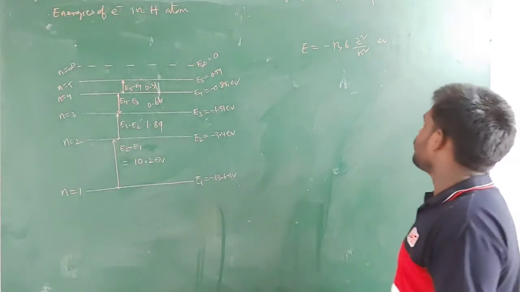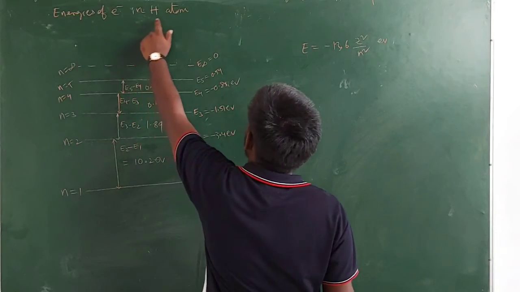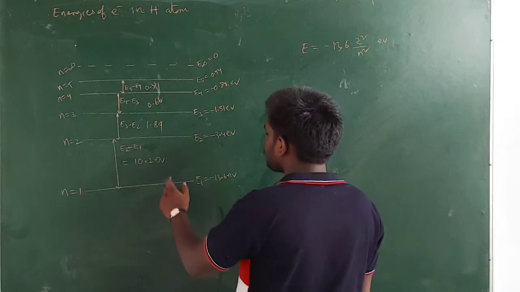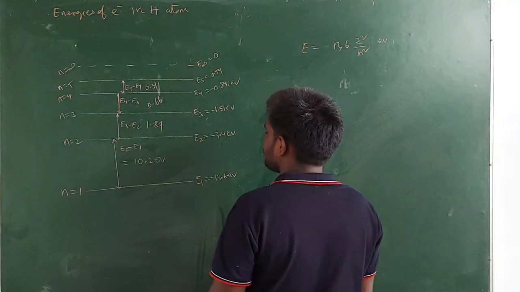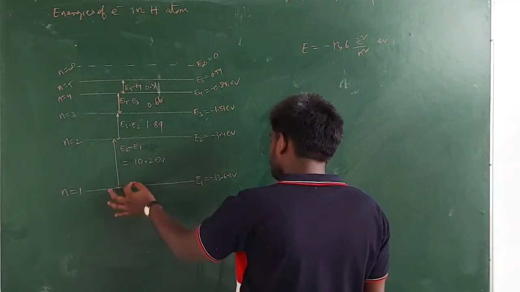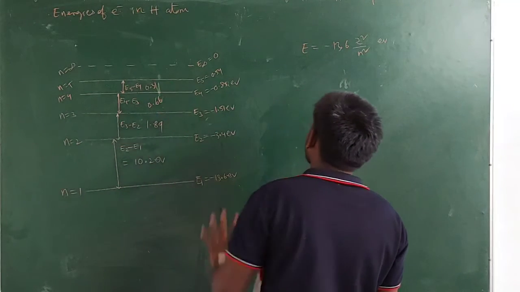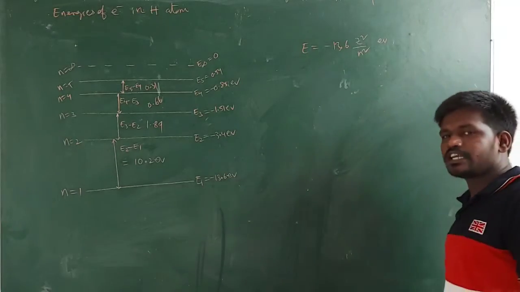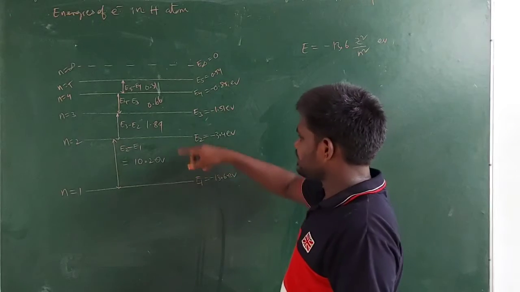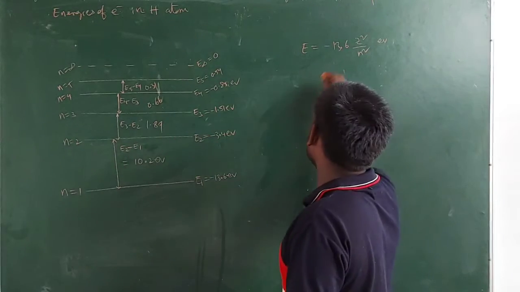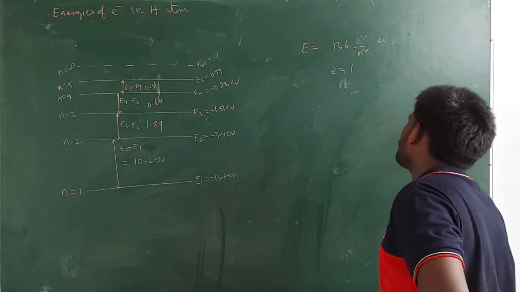Okay guys. Now in this one, here you see the energies of the electron in hydrogen atom. In a hydrogen atom various orbits are present, and the electron will be present in them. The energy of the electron in the first orbit, the second orbit, and the third orbit we can find by using this equation guys. In all the orbits there is no change in the Z value, because the atomic number Z equals 1 only.